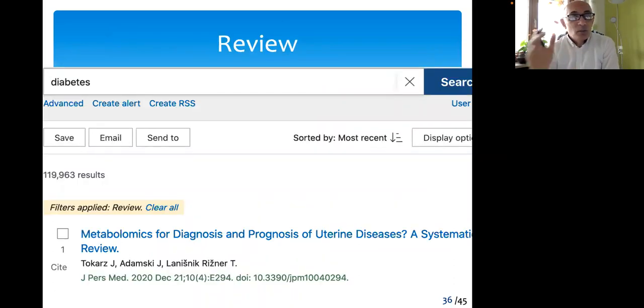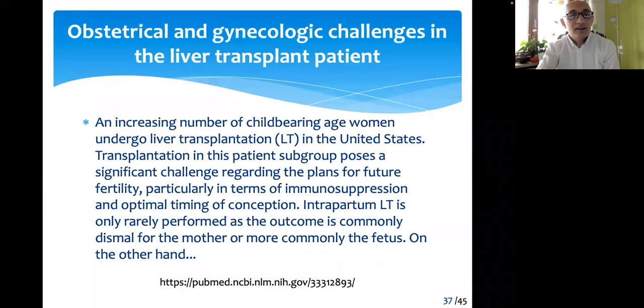Then we come to an important topic in the group of study designs, study types, namely the reviews. There are many different types of reviews: narrated reviews, scoping reviews, systematic reviews, and one step further, we have the meta-analysis. And reviews also compose a very important part in the evidence pyramid,